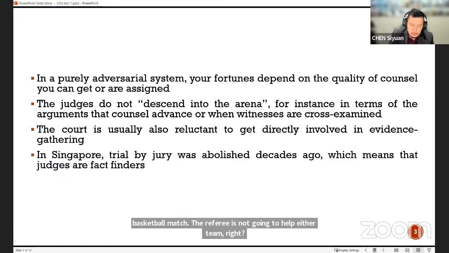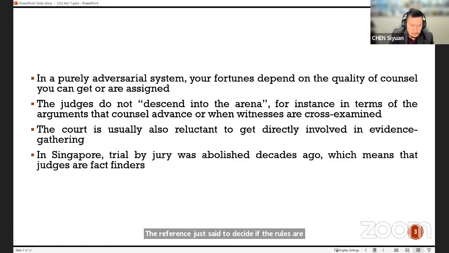But in Singapore, we abolished jury trial almost 40, 50 years ago. The thinking, at least for our previous prime minister, was that jury trials are easier to mislead, right? Members of the jury are easier to mislead than, say, a judge. So in Singapore, the fact-finding is done by the judge, and the determination of the law is also done by the same judge. There wouldn't be a jury that you need to convince in terms of establishing the facts. Everything is going to be based on the judge.